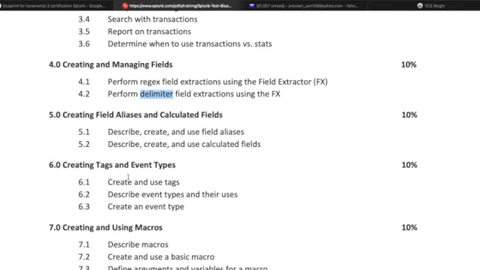Now, the fifth one will be creating field aliases and calculating fields. Field alias is very important when you are dealing with normalizing the events. Normalizing events is generally used when you use the CIM mapping. So, in that case, alias is very important. For calculated fields, we use eval or a few other commands to calculate the fields. So in that